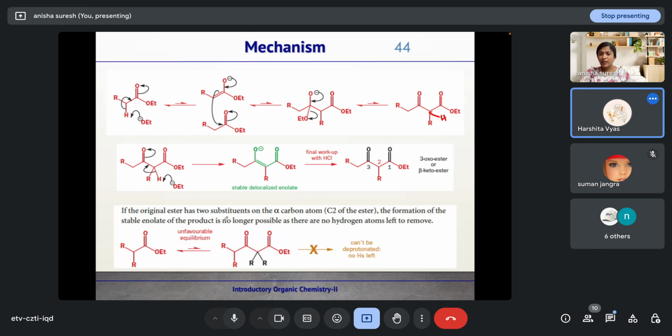Now, if the original ester has two substituents on the alpha carbon atom, the formation of the stable enolate of the product is no longer possible, as there are no hydrogen atoms left to remove. So if